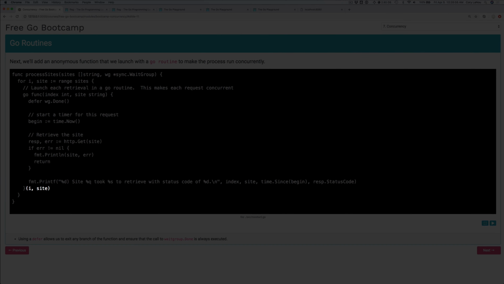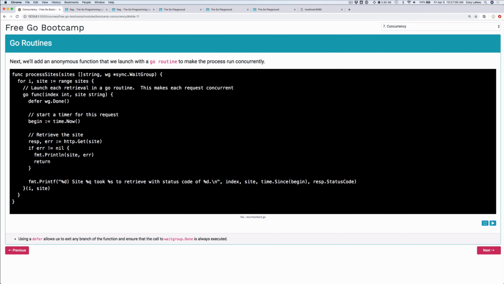And then you'll notice that we actually do pass in these variables, and that's scoping them to this Go routine. This is very important because we want to make sure we put the current value of that index on the stack with the Go routine and not a pointer to it from the scope. If we do that, we could have really funny problems. We're not going to go into that here, but just understand that when you launch an anonymous Go routine, you always want to scope your variables. It's very important.